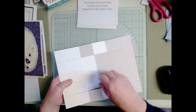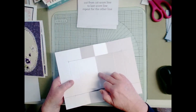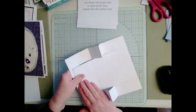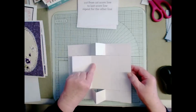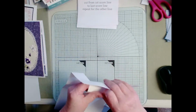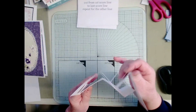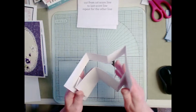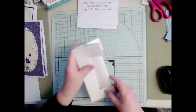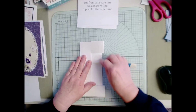Right, this one, if that's coming forward, this line here wants to go back. So if that's going back, this is coming forward and back. So that's going back, this is coming forward and back. Right, now if we just help that, right, press that, that's coming forward, that's coming forward. There we go. And we can then take